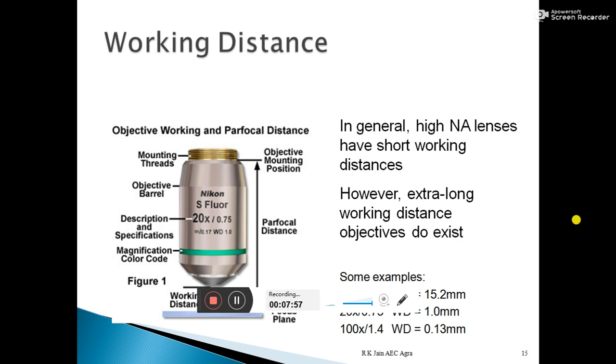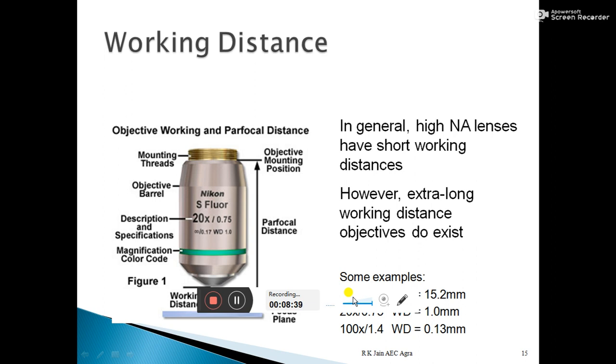When we work with a microscope, it is the working distance which regulates the magnification. How much magnification there will be depends on the working distance. Working distance is the distance between the objective lens and the object. If the working distance is low, magnification will be very high. In low power magnification, when we work with a 10x objective lens, the working distance ranges from 12 to 15 millimeter.